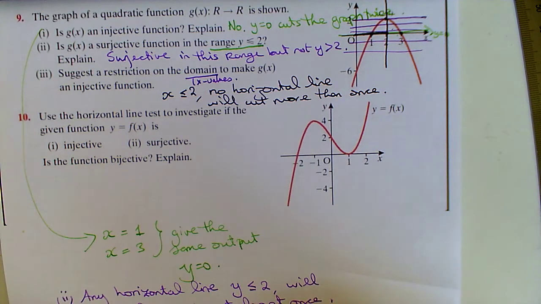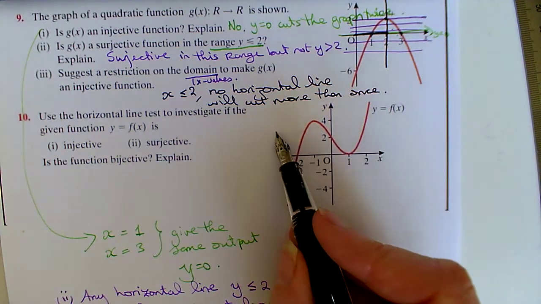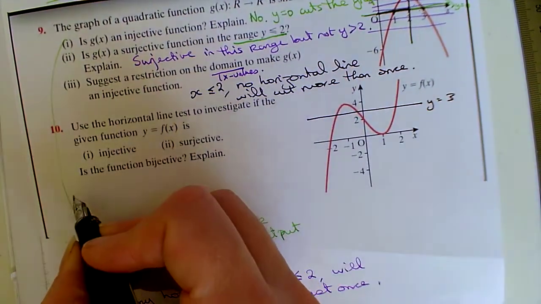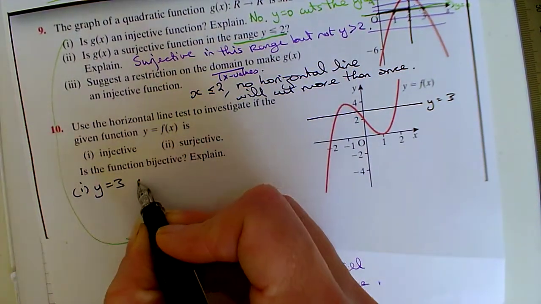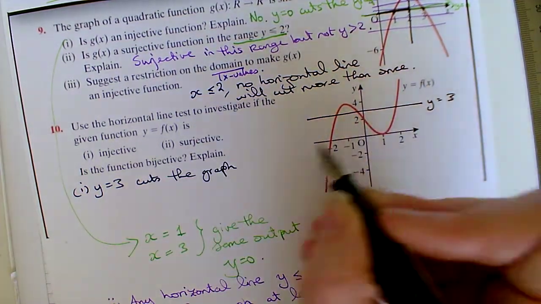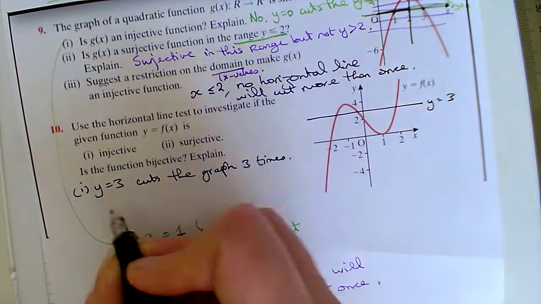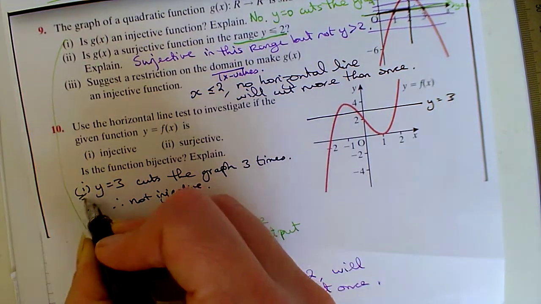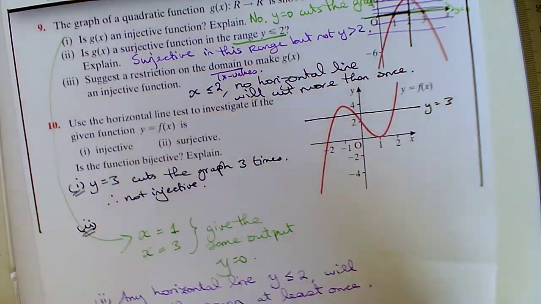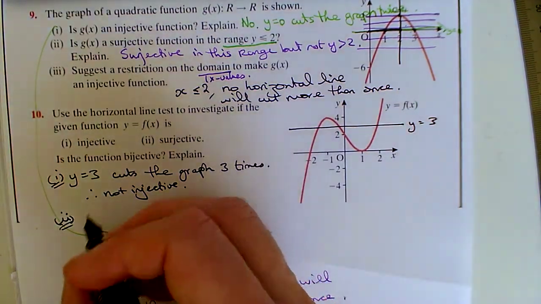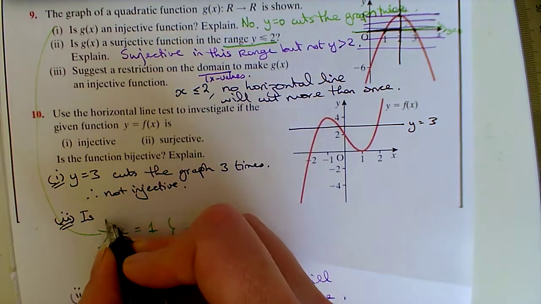Right, question 10. Use a horizontal line test to investigate if this is injective. So straight away we can see it's not injective because I can draw a horizontal line through y equals 3. So the line y equals 3 cuts the graph 1, 2, 3 times. So therefore it is not injective. But is it surjective? It is. There is nowhere we can draw a line that won't intersect that graph at least once. So it is surjective